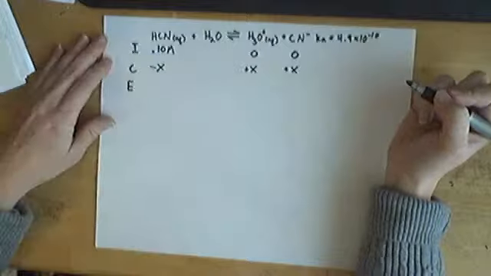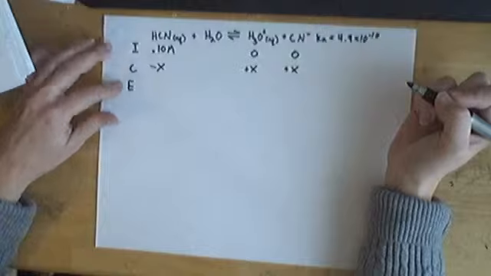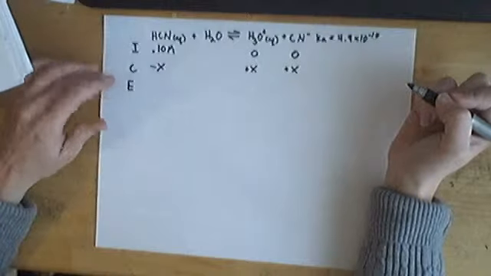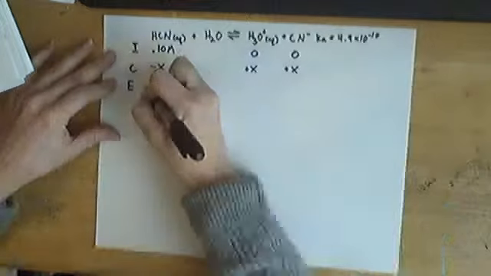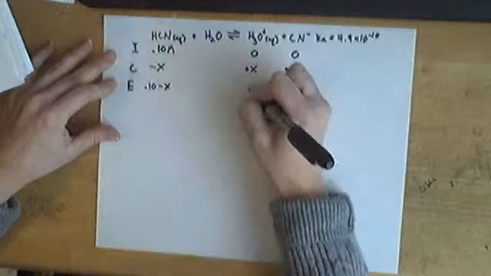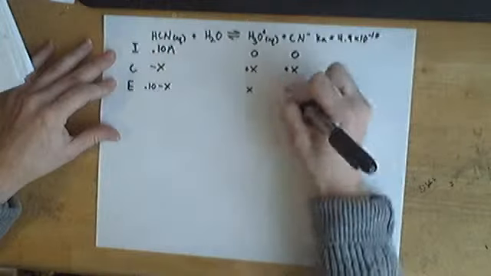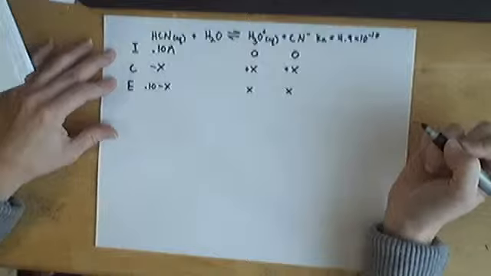Okay, so now that's initial and change. Equilibrium concentration is just the initial plus the change. So 0.1 molar plus negative X is 0.10 minus X. 0 plus X is still X, and X. Okay? Now that we have concentrations representing all the equilibrium concentrations,